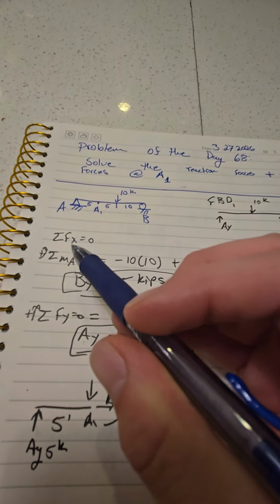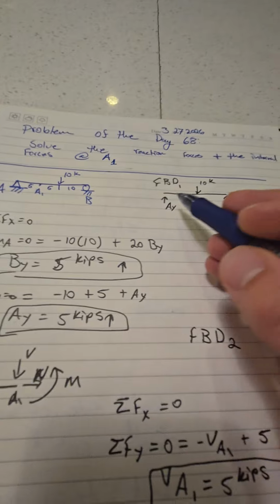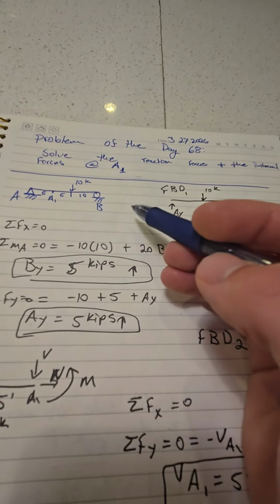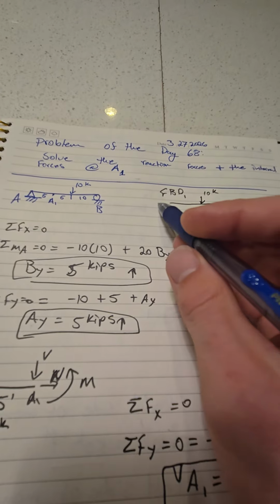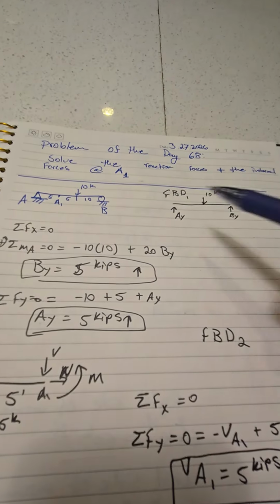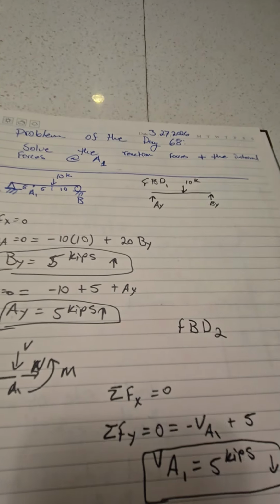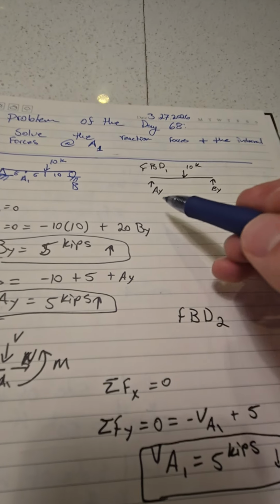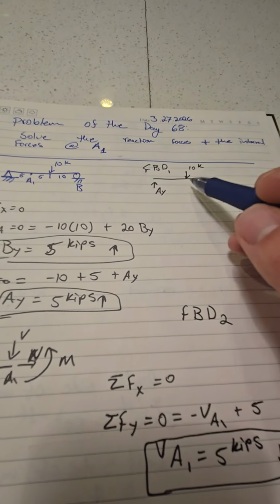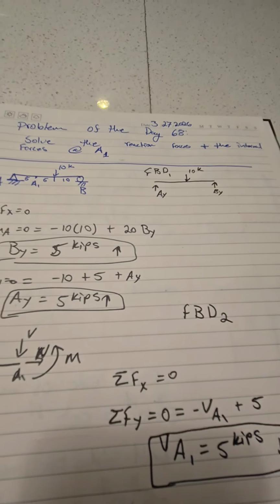First I'll sum the forces in the X equals 0 because there's no force in the X, and this is our free body diagram. So we've got a pin and a roller. There would be a force in the X that would be eaten up by the AX term, but since there is none, it will be equal to 0. And then we've got AY and BY from the pin and the roller support that will counteract the 10 kips